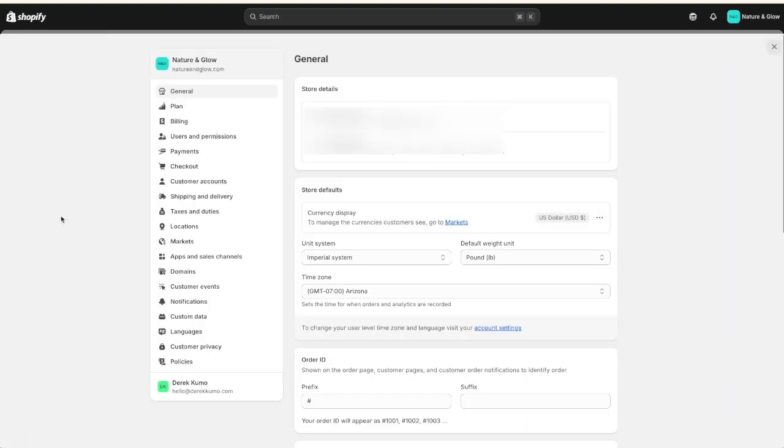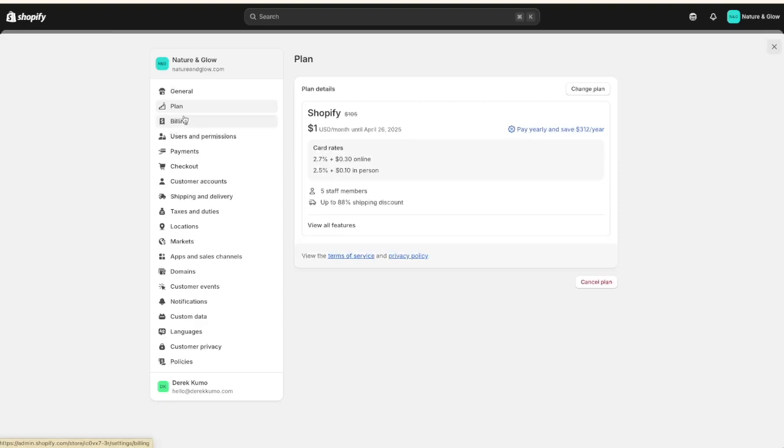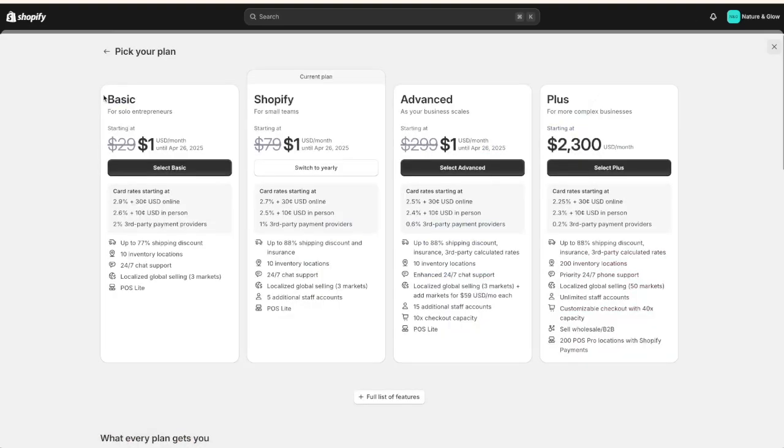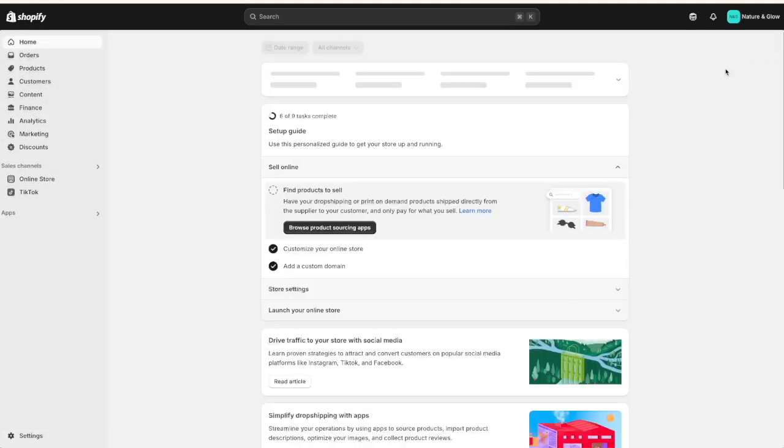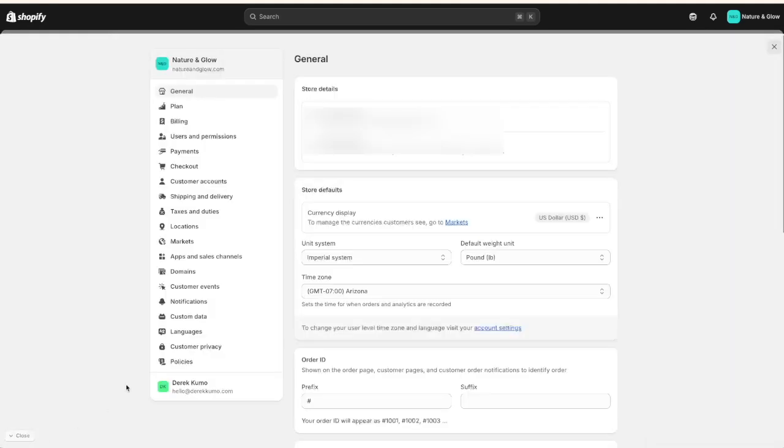So when you come into settings and go to plan, go to change plan. For the basic plan, you cannot add any additional users. So you want to make sure that you're at least on the Shopify plan. This gives you 5 additional staff accounts. So after you confirm that you're on the right plan, we can exit this, come back to settings, go to